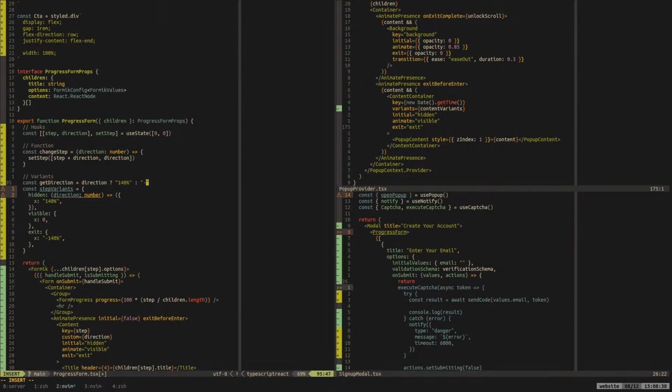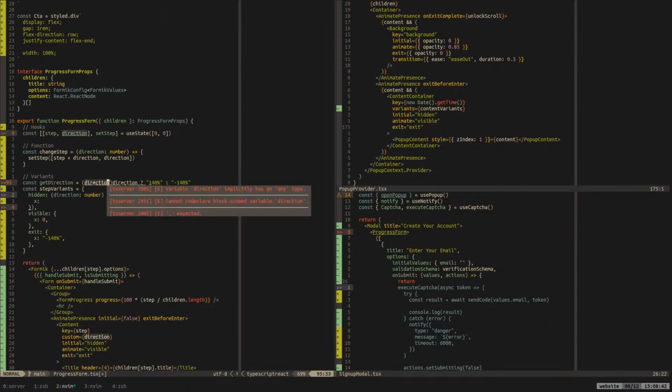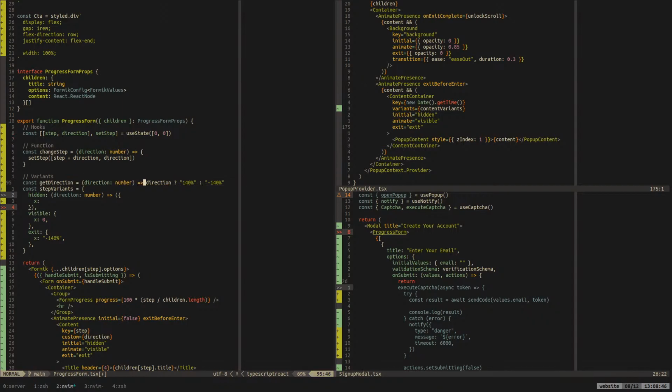Else negative 140%. And then, oh, but we need this to actually be a function. Okay, that's good. And then we're going to get the direction here for the direction, and same for here.